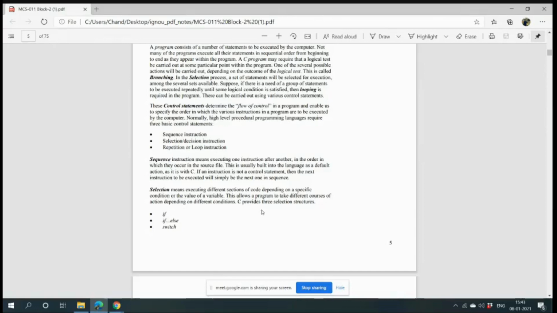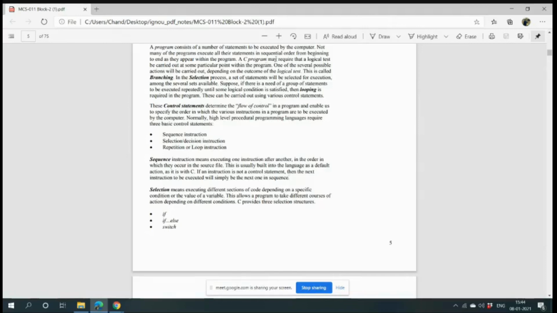So multiple conditions can be merged together and we can create branch. Branch means there will be generally two parts for each condition. One is positive, one is negative. If the condition is positive, then what we have to do? And if the condition is negative, then what we have to do? So this theory part you read, it's very easy.